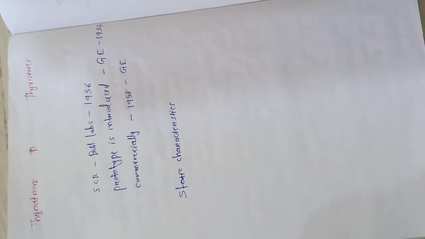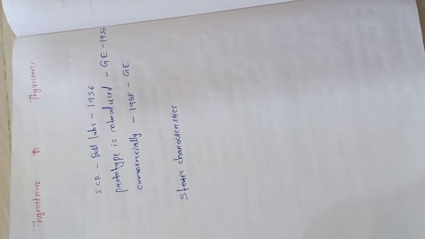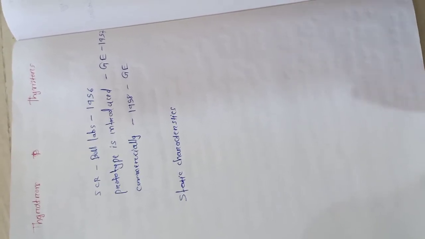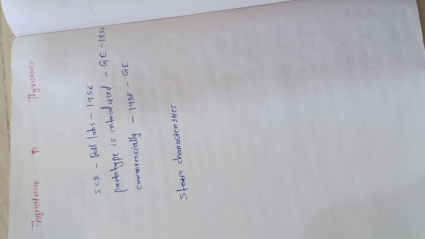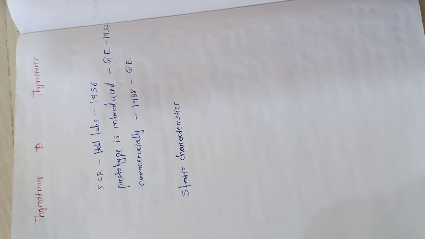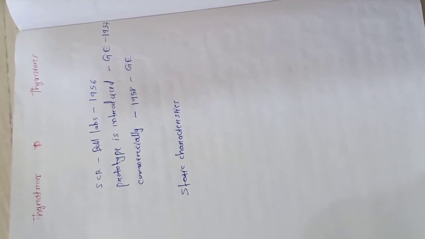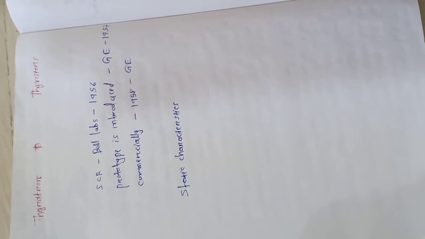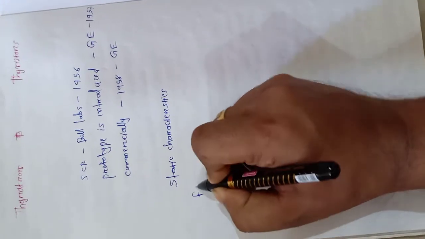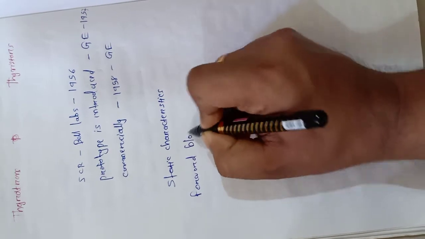So SCR has some characteristics, that is in forward blocking state, J1, J3 are forward biased and J2 is reverse biased, in case the anode is made positive to the cathode. In the forward blocking state SCR is equivalent to an open switch, and voltage across the device is the supply voltage and current is forward leakage current. So what is the forward blocking state? Forward blocking state is nothing but